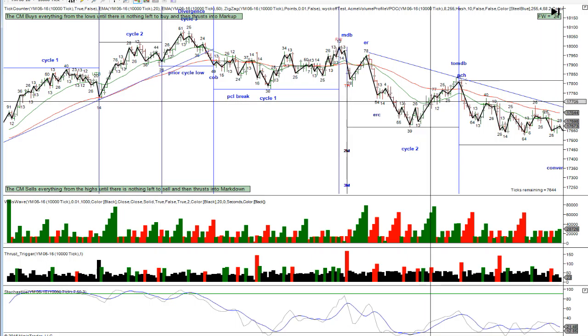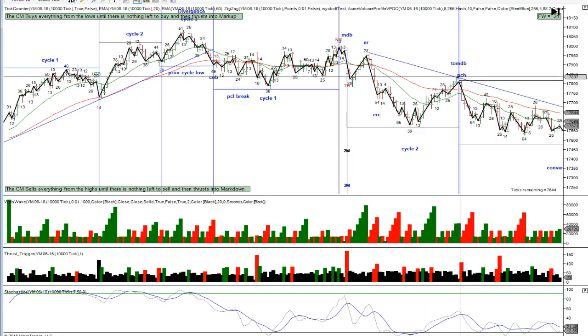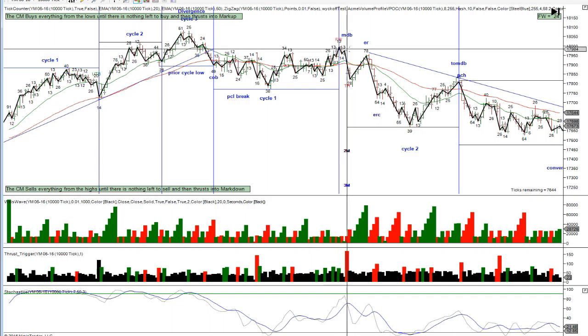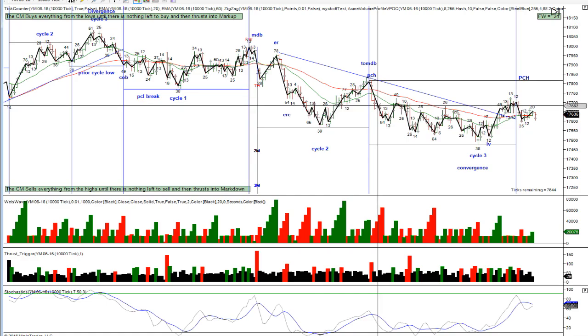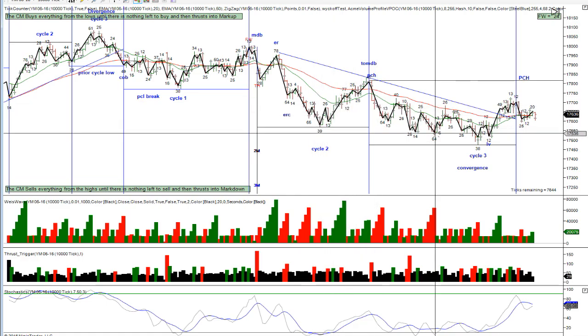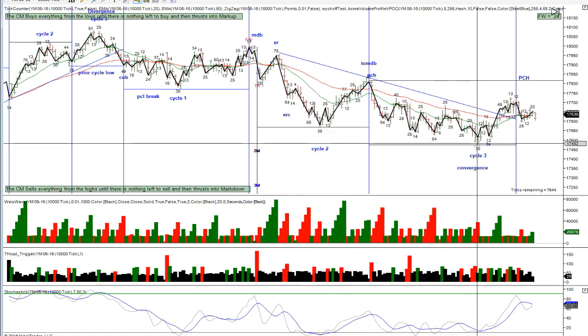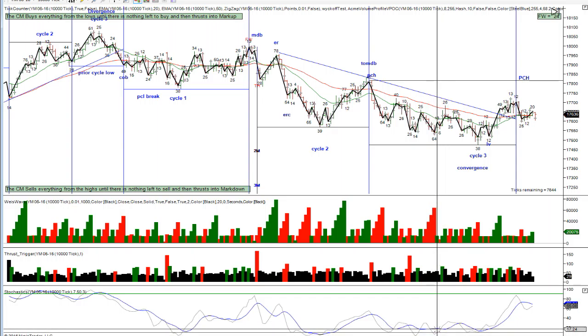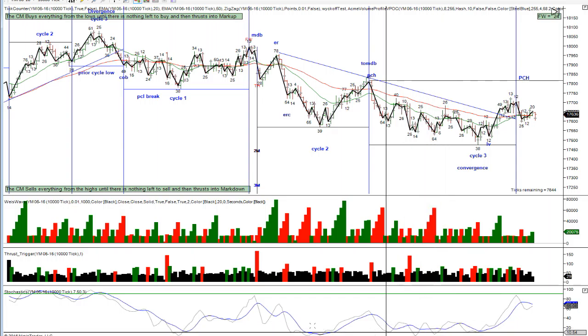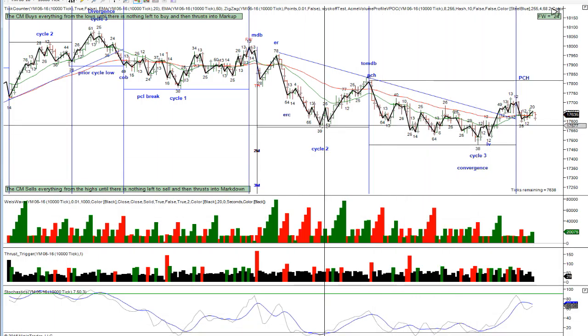So it hits the start and the end of the second cycle. This 78 is nothing more than a retest. There's the second cycle, and then finally you have the third cycle, which takes out the prior bar low. Now over here, what's really important as of today, 5-9, is that you have a convergence. All right, so that means the momentum oscillator is showing, from cycle 2 to cycle 3,